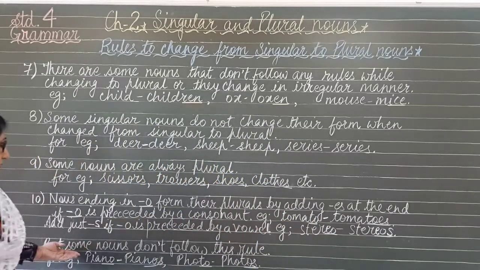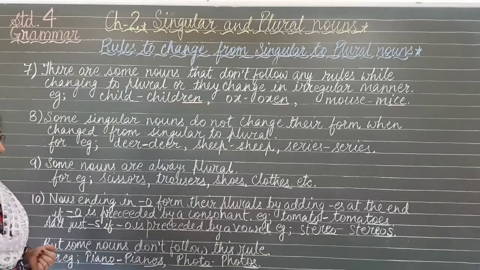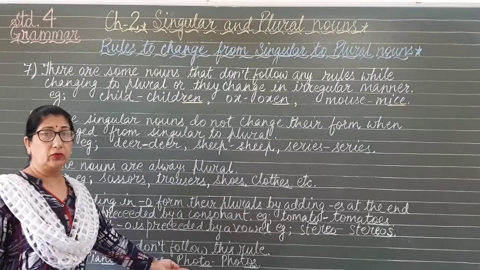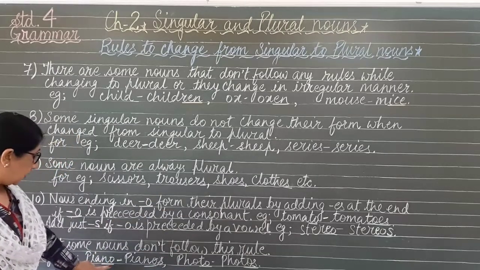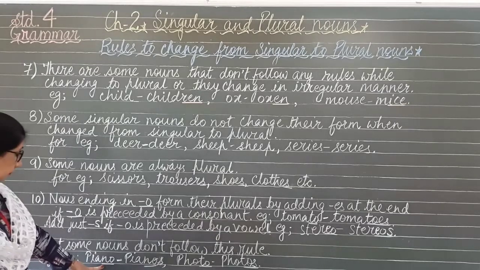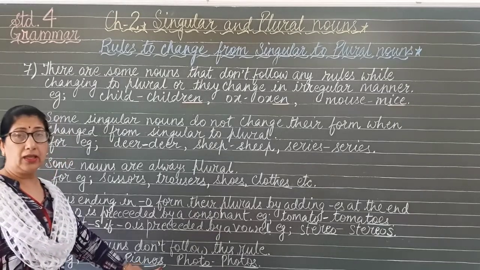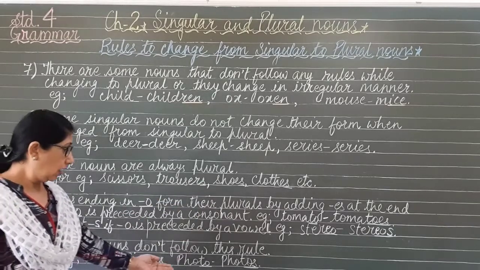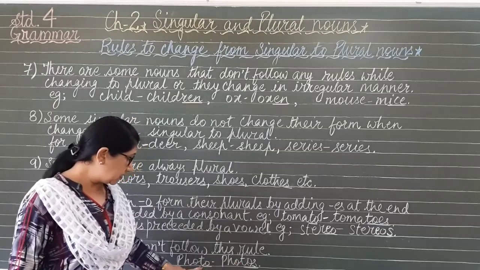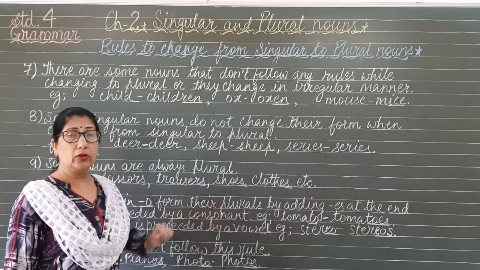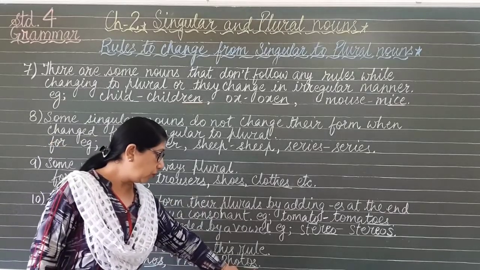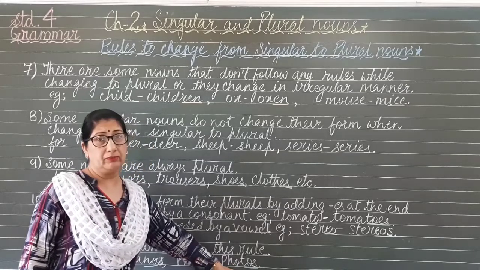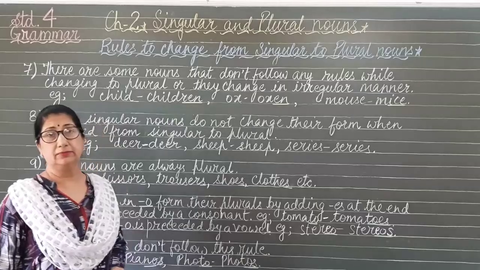But again, as I told you, some words are very naughty, they do not follow any rules. So here also the words like piano and photo, they don't follow the above rule. O is preceded by a consonant, but the plural is formed only by adding s rather than adding es to it. So piano, pianos, photo, photos. O is preceded by a consonant sound, but not following the above rule, it is making plural by only adding s at the end, okay. So photo, photos, okay, without adding es to it.